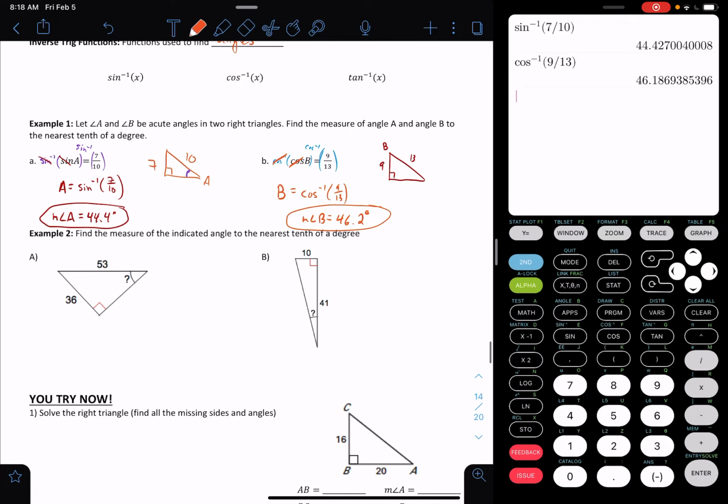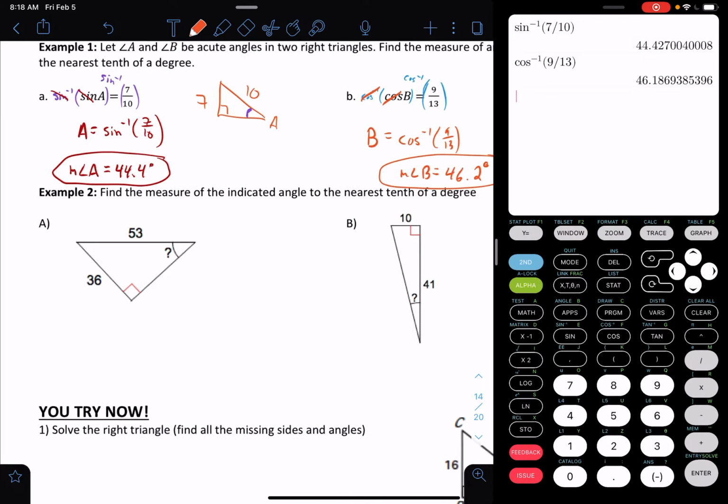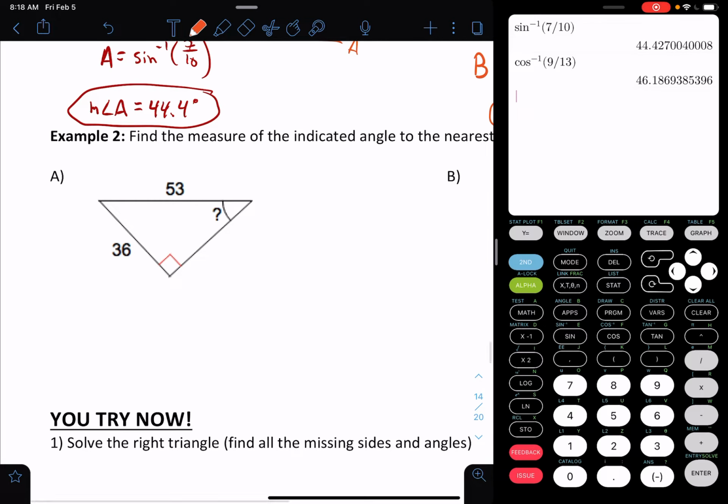What about in example 2, where I give you a diagram? So I'm trying to find the angle in question. This one's the question mark. I'm going to replace this with theta, just so we get used to that letter for angles. What is 36 to that theta? That's my opposite. What's 53 to that theta? That's my hypotenuse. So opposite and hypotenuse is going to be sine. So I've got sine of theta equals